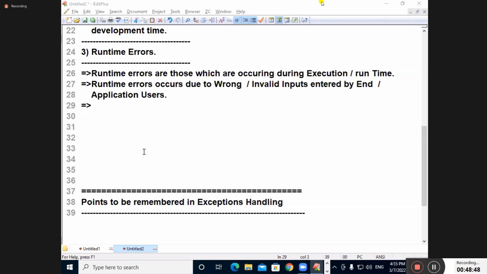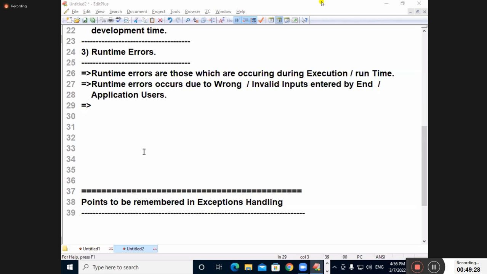User-friendly error messages. What are user-friendly error messages? Plain old English messages that the end user can understand perfectly, so he will realize that he made a mistake. By default, in any technology, including Python, whenever the end user commits a mistake, some message will come from the Python environment. The end user cannot understand those messages, which we can call technical error messages.